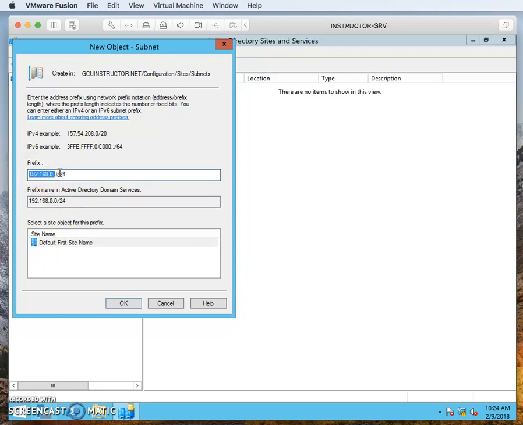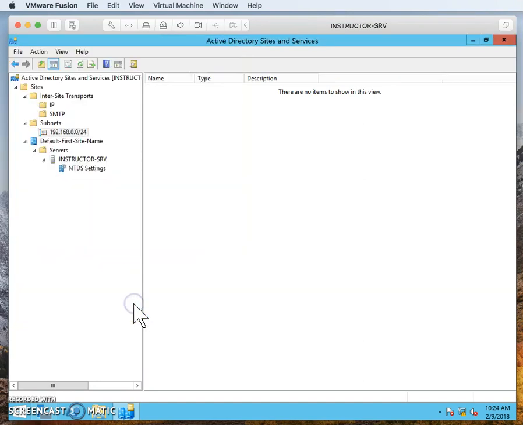I have a Class C subnet mask, and that is the IP address for the site that I'm in now. And then I'll assign it to this guy, default first site name. That's the default site name that's used whenever you first create a domain. So click OK, and it'll add a site. So basically, now we've got some information to play around with